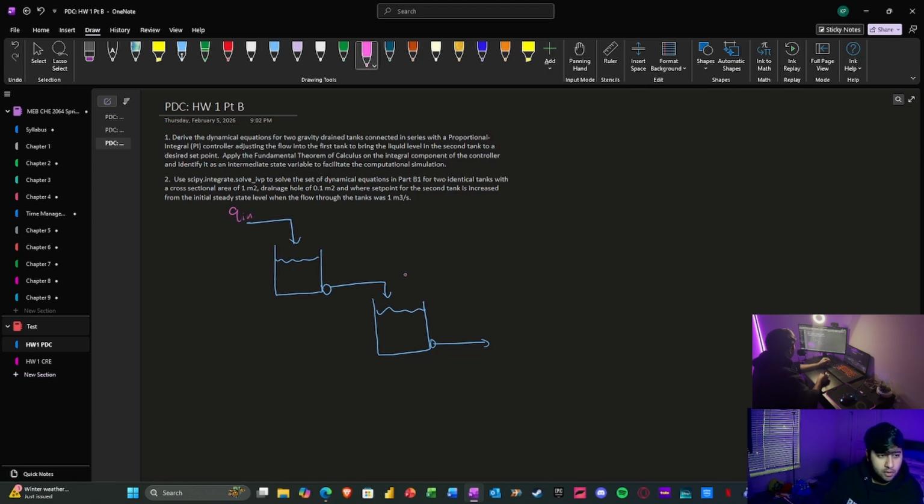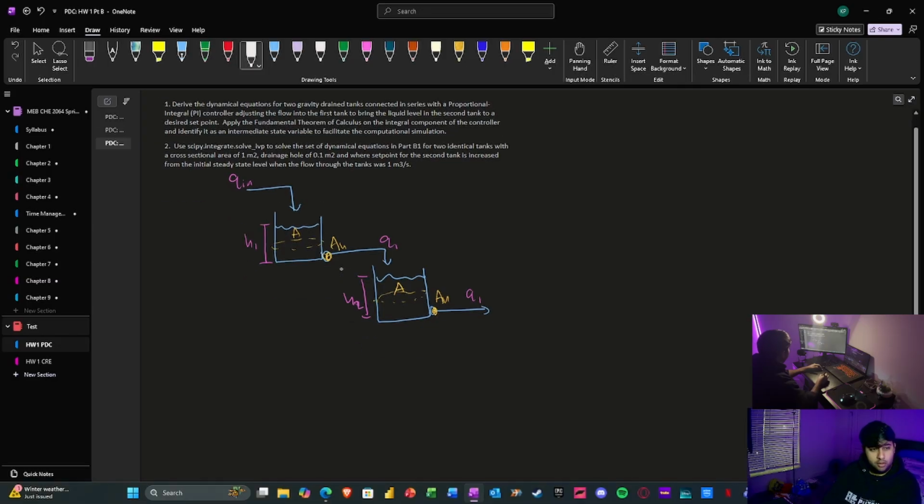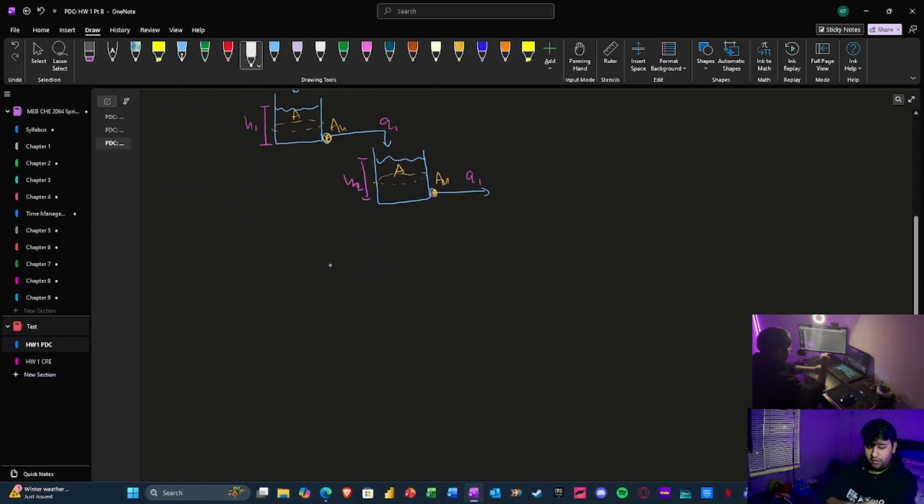We're going to do the labeling of our variables and have our different heights. Again, it's the same thing from last time, but a little different. And what we know is constant is our cross-sectional area, and then our drainage hole area. There we go. So we're going to apply what we also knew from our part A equations. So last time we found